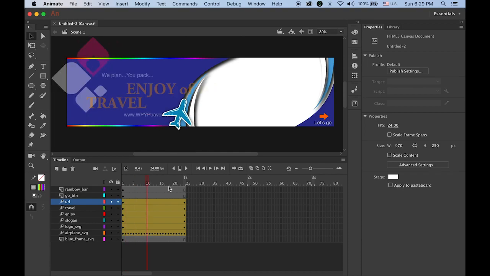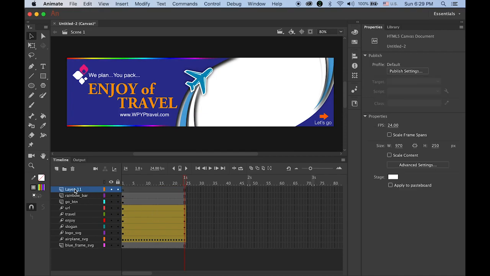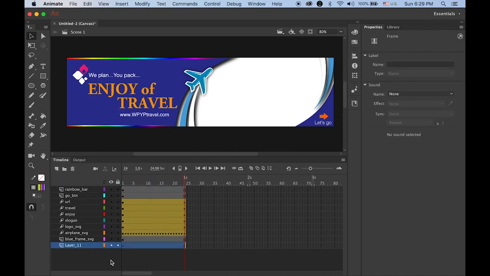Okay, what I want to do is I want to have a new layer for that image slideshow, and I want to place it on the bottom. So let's select your top layer first, create new layer, and move this to the very bottom. Just drag it down to the very bottom layer. I will rename it as a slide. Then